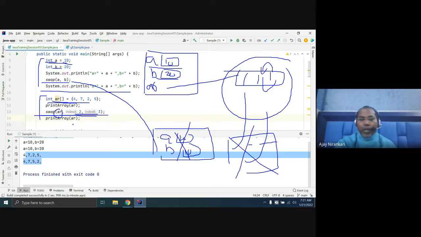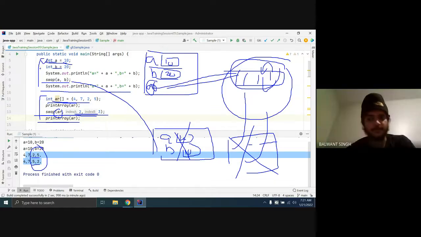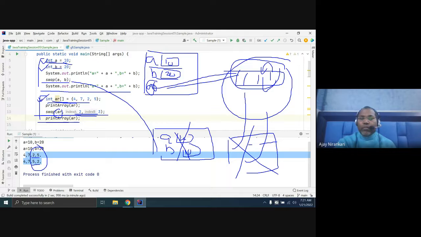After that, when you print the array again, you get the changed value, because the swap function changed the array position. Swap 2 to 5, 5 to 2. This is the major difference between primitive and array.